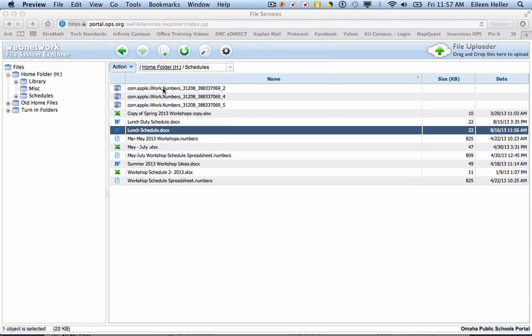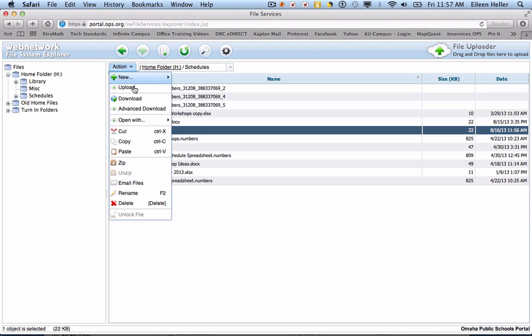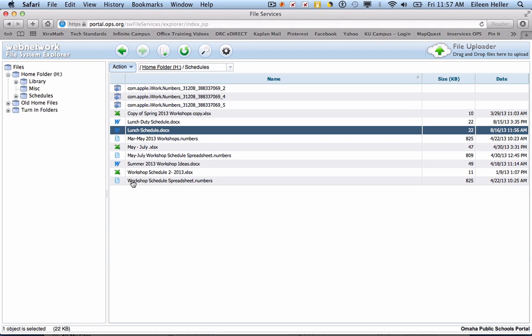Before I leave our files, just a reminder that up in the action there are a lot of different things that you can choose to do with a file. I will give you this tip. If you plan to email the file, it works really well, but you have to type in the person's whole